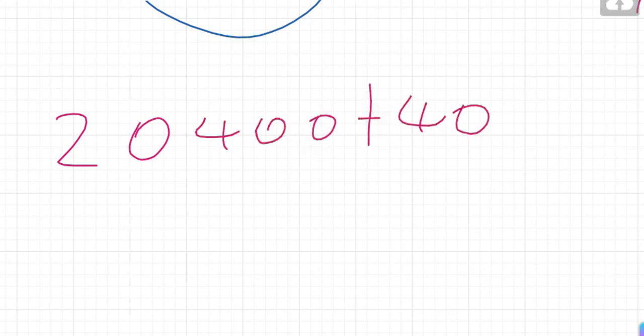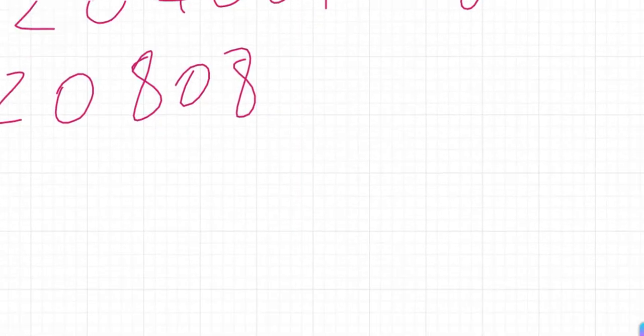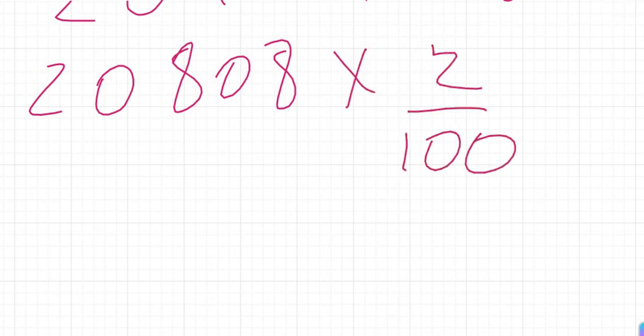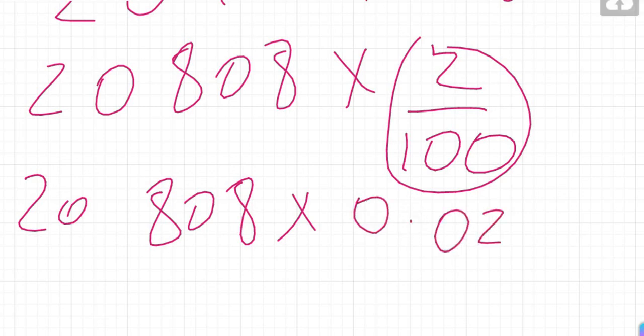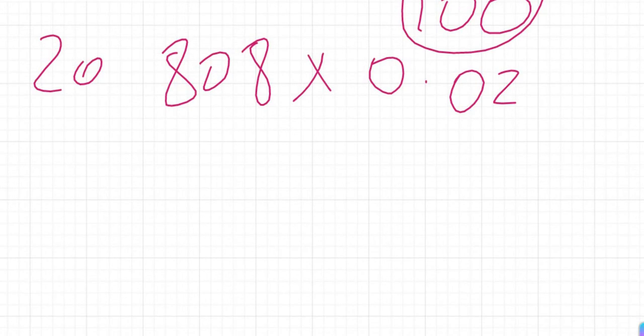Plus 408. So we have 20,808. And now, since we'll be calculating for the last year, that is the third year, what we do is find 2% of this new principal. We could work this out and just multiply by this. If we convert this fraction, it will be 0.02. And what we will do is multiply this by the new principal, which will give us